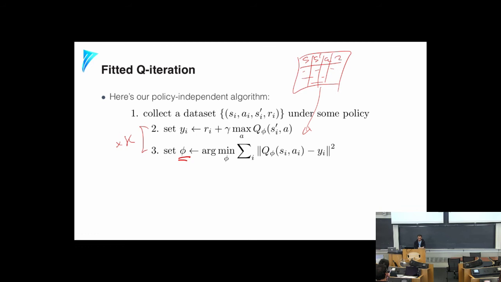The question is, like, what kind of policy, right? It says under some policy. What is the policy we would use in this case to collect the data? And the answer is there could be different policies. Usually people do some sort of epsilon greedy, where you have your Q function, so you can act according to